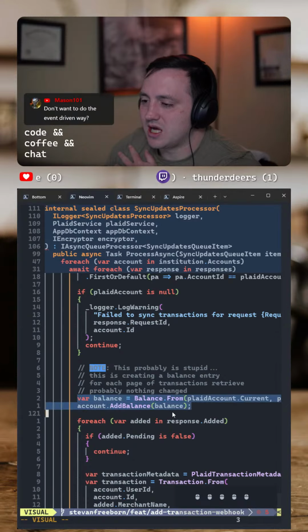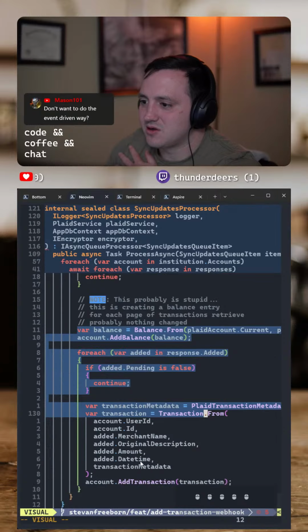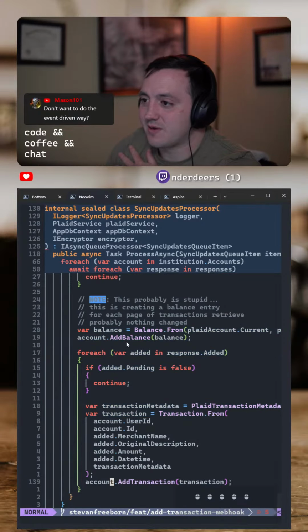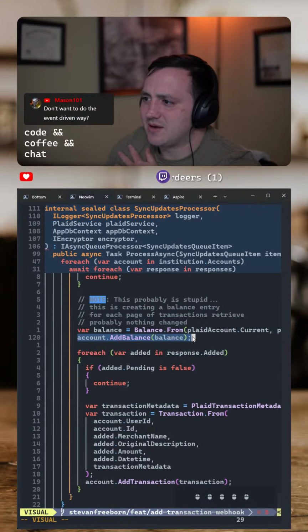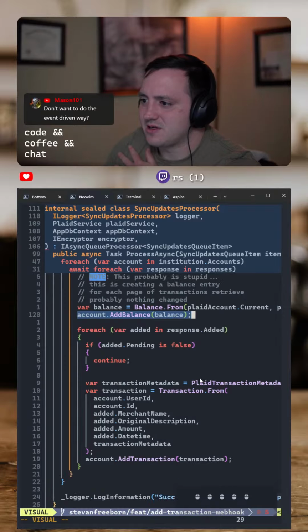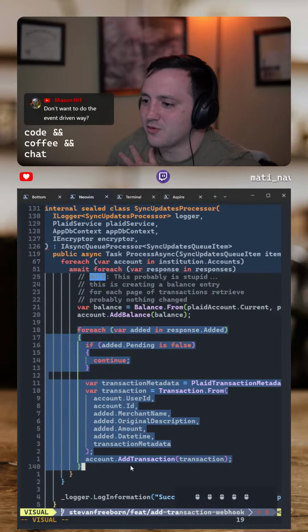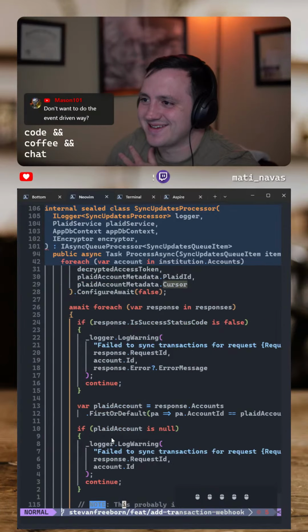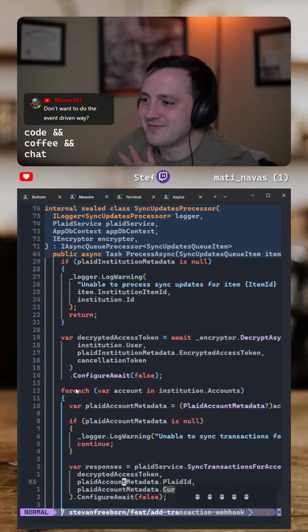Otherwise, we're going to update our account, right? So the way we update our account right now is we add a balance entry for the account, and then we add all the transactions that are in that response, so we're three loops in right now. Let's see, we have for each,